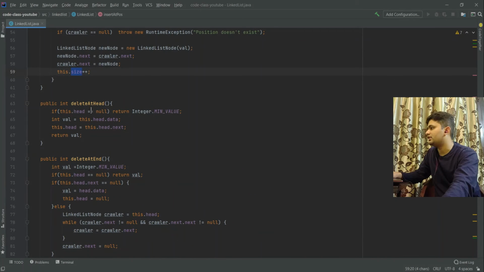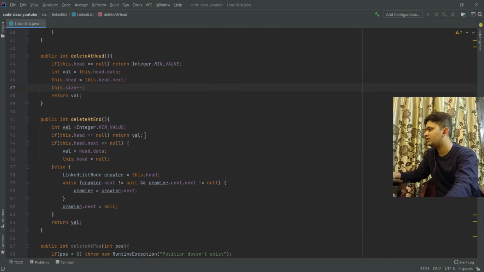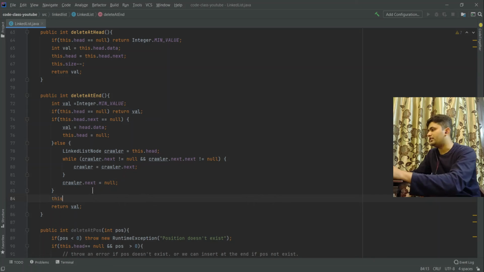Now let's see how deletion will work. Just before returning, we can simply do this dot size minus minus. Deletion at the end, just before returning, we can do this dot size minus minus.